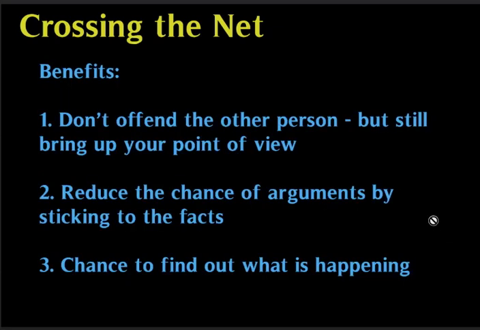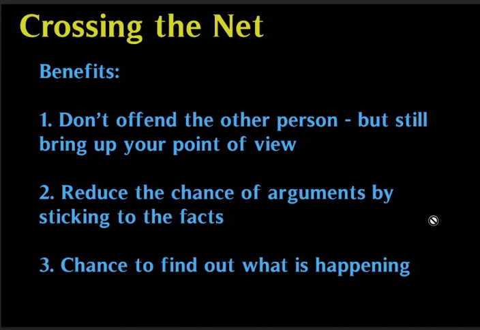The last benefit is there's a bigger chance to find out what is actually happening. Because Al is not being so antagonistic, Jackie could open up to Al and say, oh yes, I'm sorry, I'm checking Facebook, maybe because my aunt's in the hospital and my cousin said she'd update Facebook when we find out what's happening. Or something of the sort. It might not be the case that such an extreme thing is happening, but at least the chance for Jackie to explain what she's doing has occurred, all because Al has stayed on his side of the net.